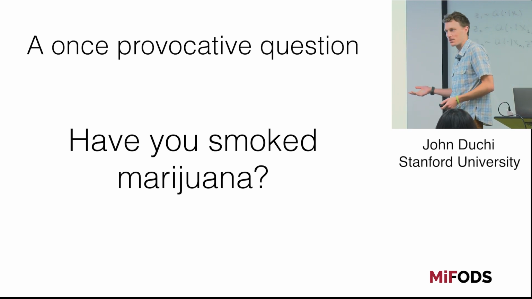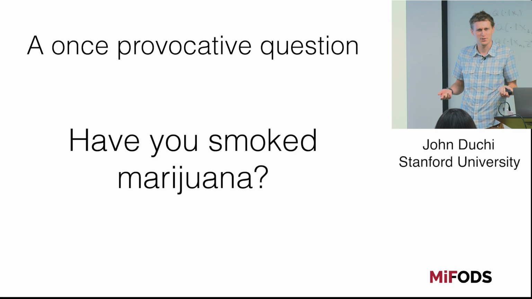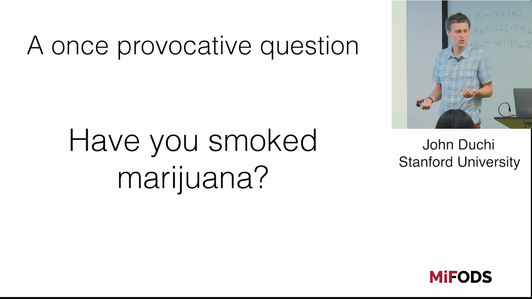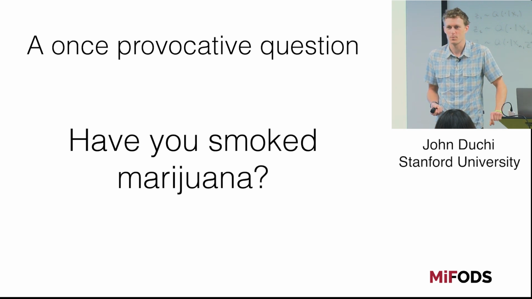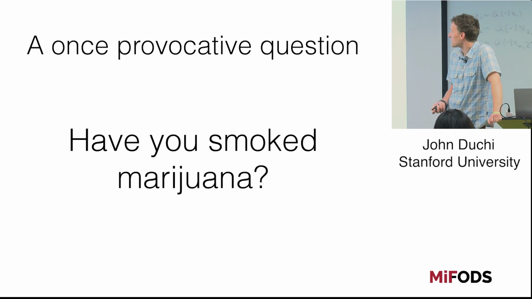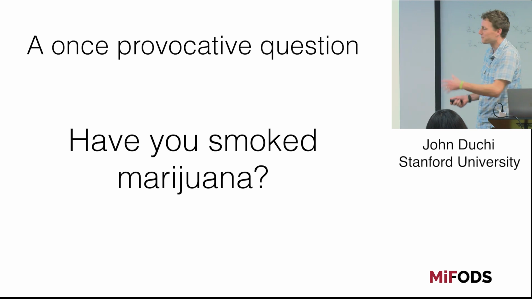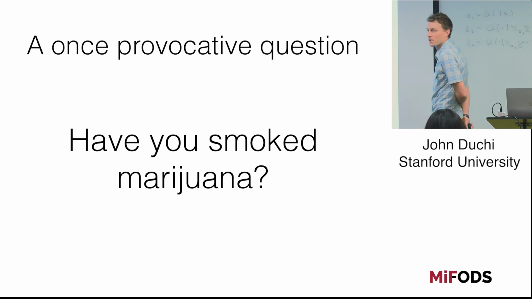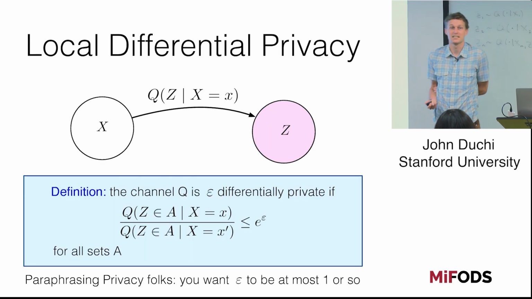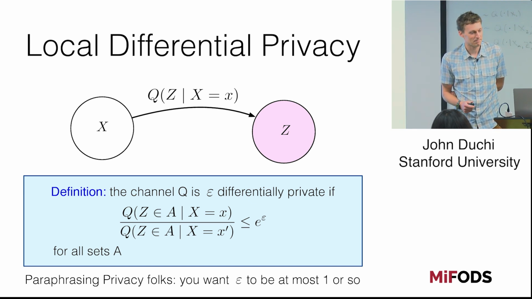You get a little bit of information this way, but still you're like, okay, has John actually ever smoked marijuana? You have no real idea, right? Maybe if you know me well, you do know the answer, but most of you probably don't. But it turns out that this scheme, where I roll this die and then answer truthfully or lie with some probabilities, is actually optimal for trying to figure out the number of people who have smoked marijuana or done a drug or something like this. You can't do better than that.